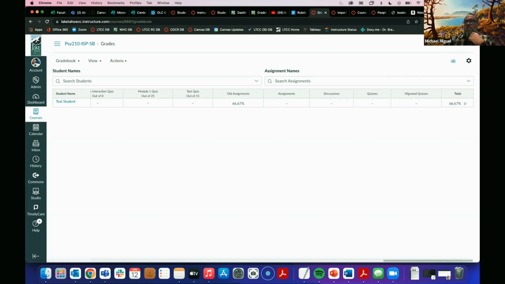Next topic is making assignment groups. So let's say you have discussions, you have assignments, and you have quizzes. Another best practice is to make those separate groups, just so you and the student can identify maybe they're doing great on your assignments, they're doing great on discussions, but maybe they have some anxiety over timed quizzes. Maybe they have something that needs to be identified there in their learning. And a good way to do that is through making groups.